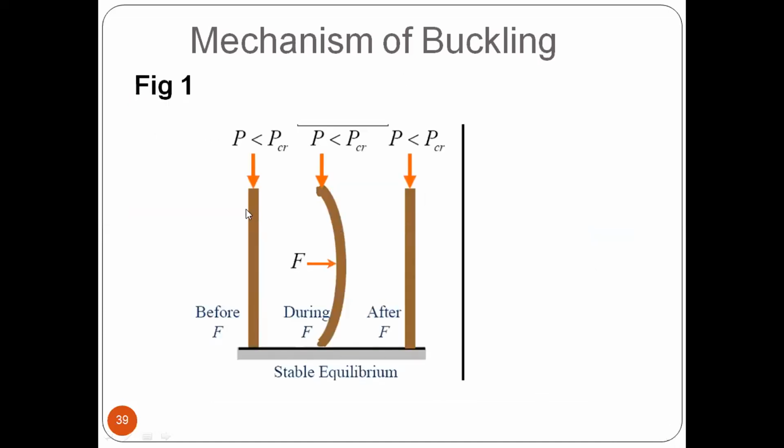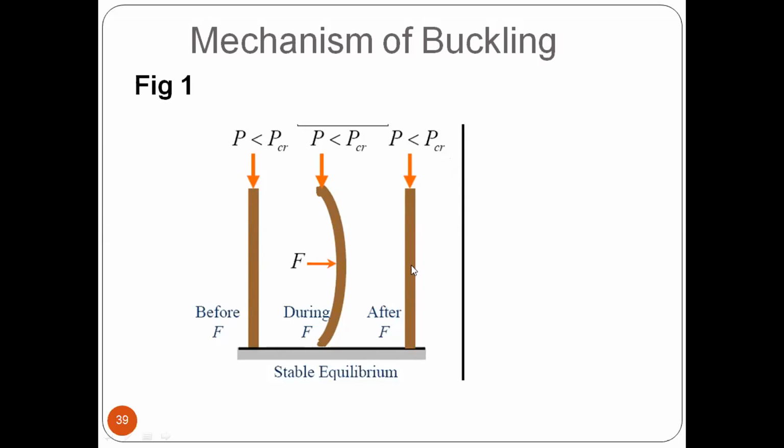So the first picture here, a column is subjected to an axial force where your force is less than a crippling force, right? So what is P? P is an applied force. What is PCR? PCR is a crippling force, or a critical force, where the member is subjected to failure. So even in the first picture, P is less than PCR. Here also P is less than PCR, and P is less than PCR. P is an applied force. PCR is a critical force which is resisted by the member. So this is the first mechanism, right?